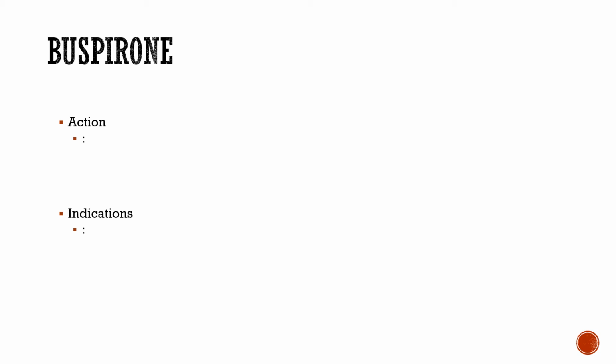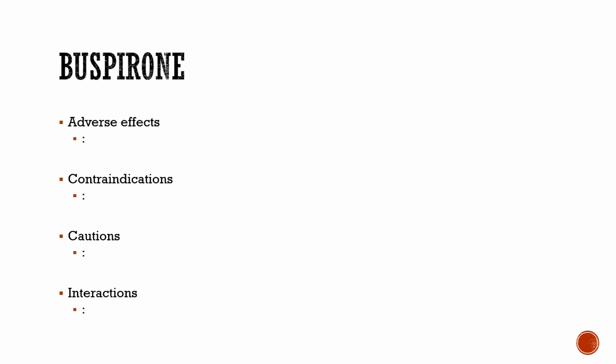Buspirone is another anti-anxiety medicine, but it's mostly for generalized anxiety. It's not really an acute medicine. It's not to say I haven't seen a doc try to use it as an acute medicine. It's just not really intended for that. The action of it, I don't worry so much about the action because we're not 100% clear on the action. But the indication is just generalized anxiety. Adverse effects. This one can cause dizziness and a headache. This one actually can cause some people to have some agitation. Most common adverse effect, though, is just GI distress, maybe a little nausea.